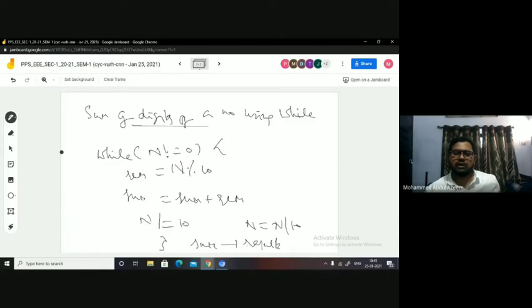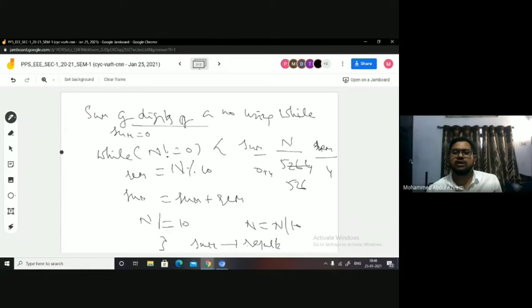Despite the number could carry any number of digits, this will work. Fine. Let us take n is 5264, right? So what happens here? 5264 is not equal to 0 is true. You are allowed n mod 10. So in REM, you are getting what? 4. Last digit you get. Initially sum is 0 here. So sum equal to sum plus REM means 0 plus 4. Then n /= 10 means n equal to n by 10. So the number will be reduced to 526.